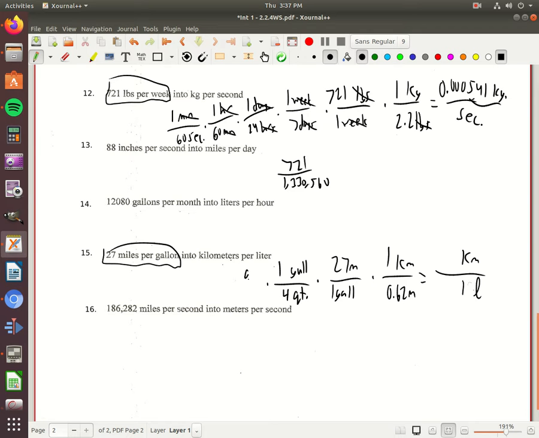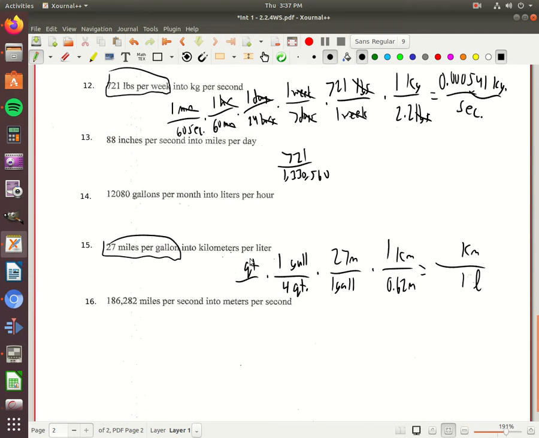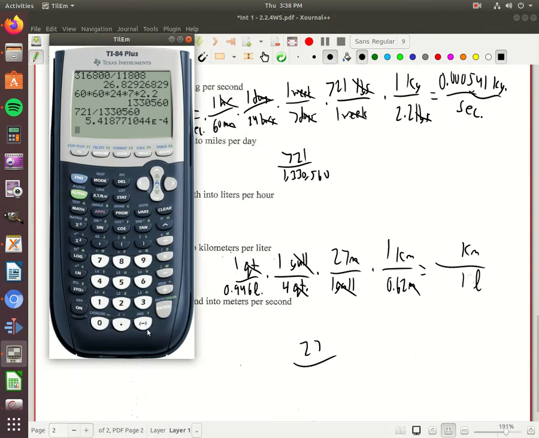And then I can convert quarts to liters. 1 quart is 0.946 liters. And now my quarts are going to cancel, my gallons are going to cancel, my miles are going to cancel, and I have kilometers over liters. 1 times 1 times 27 times 1, so I get 27 on top. On bottom, I'm going to have 0.946 times 4 times 0.62 is going to equal